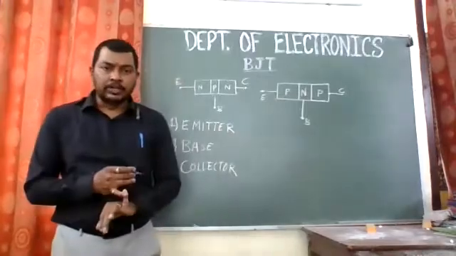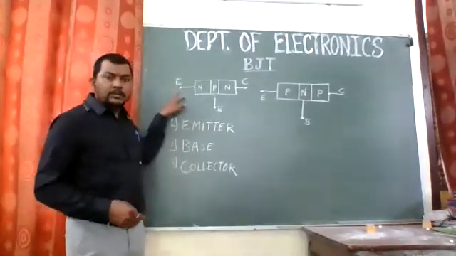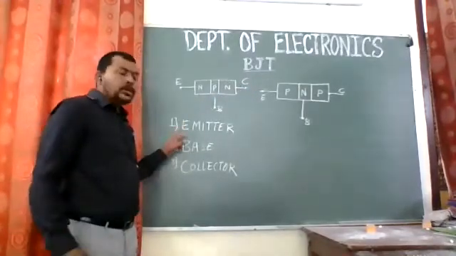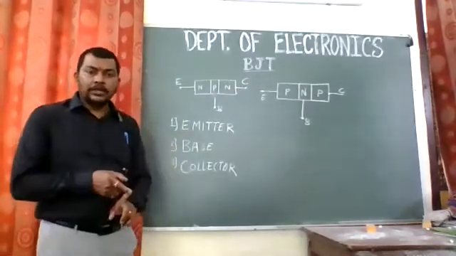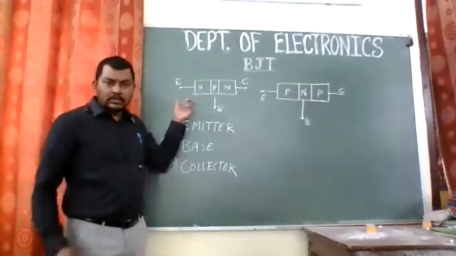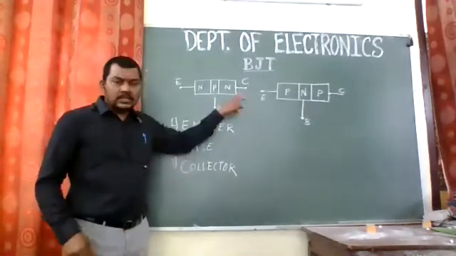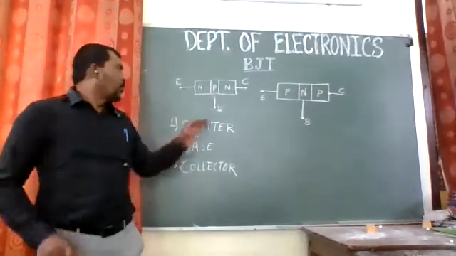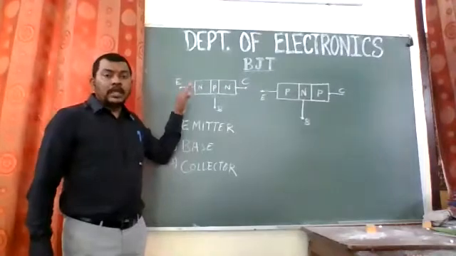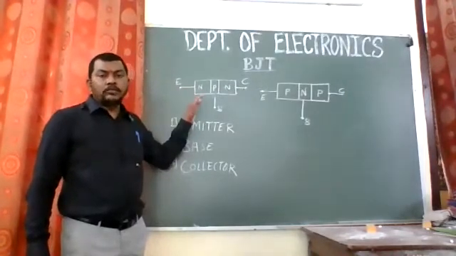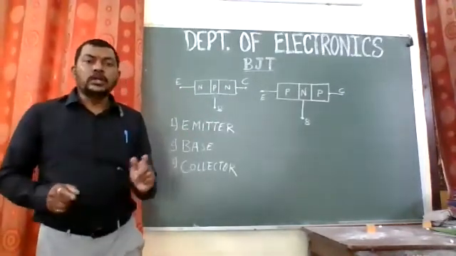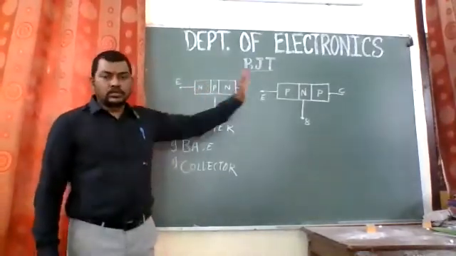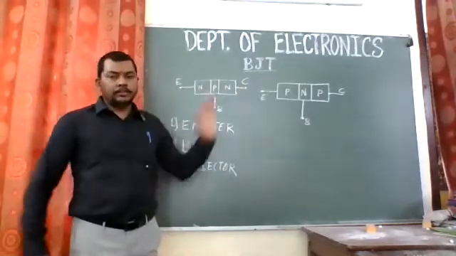It has three terminals, and the names of the three terminals are emitter, base, and collector. So I have described it. The emitter is very, very heavily doped. It has a moderate region, meaning the medium range, as compared to the base and collector. And the main job of this emitter is to induce the charge carriers into the base. This is a general statement for both configurations, NPN and PNP.